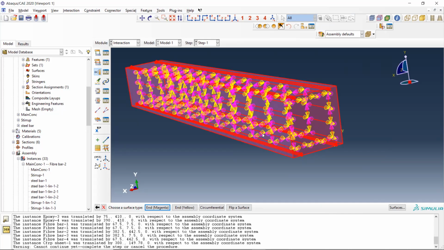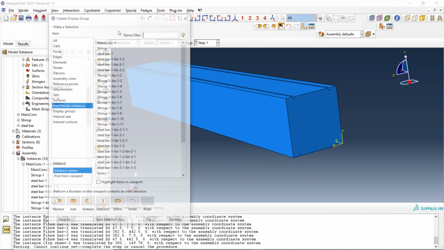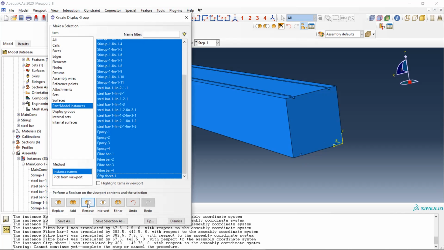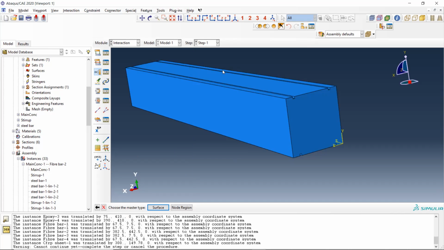No, I didn't get what you are trying to do now. You can take any color, magenta or yellow. Sir, I'm trying to give a tie connection from this concrete to the whole reinforcement mesh. Okay, then first put only this concrete block. Go to display groups, put only the concrete block, and remove all the other things. You need not select that many things. Select only the concrete block and mesh that.